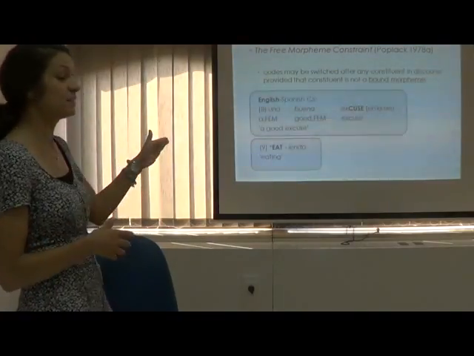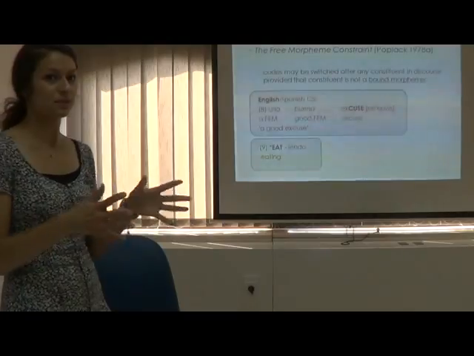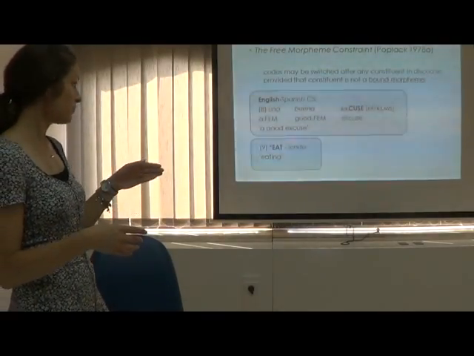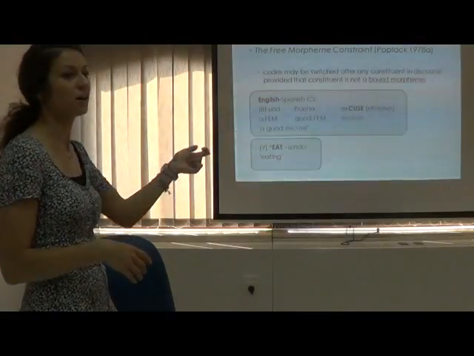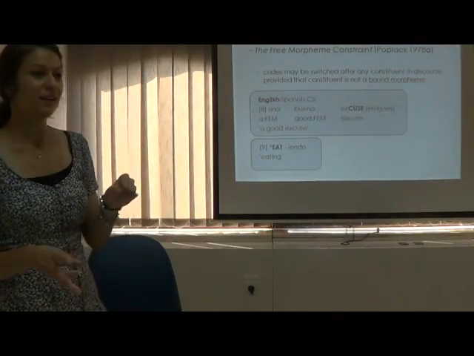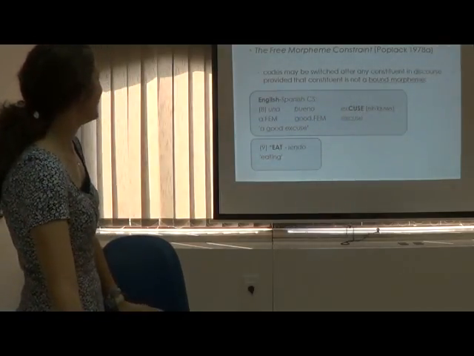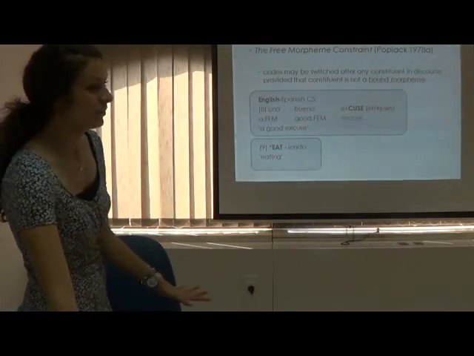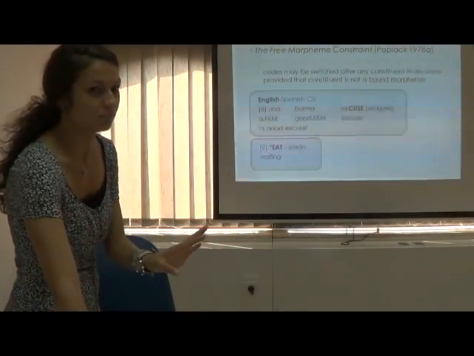It has been proven that this is possible. So in the variety that she was looking at, that wasn't possible. So, and it has been proven that this type of switches are possible if, you'll see, if what? All right. Everyone knows what a boundary morpheme is, right? Because